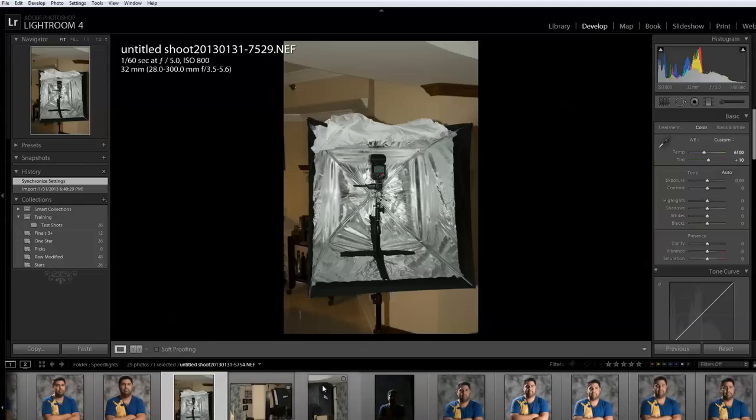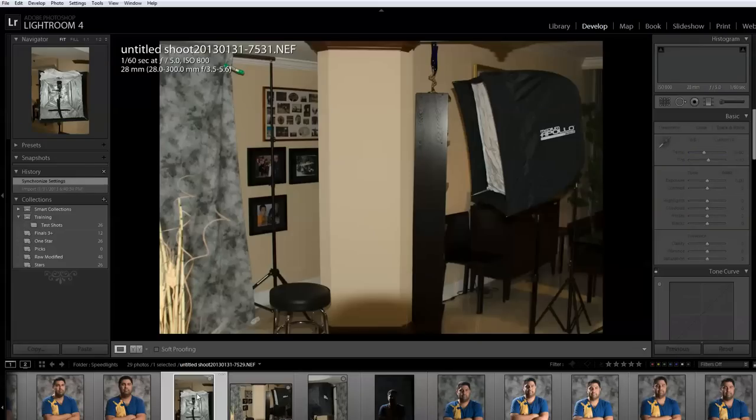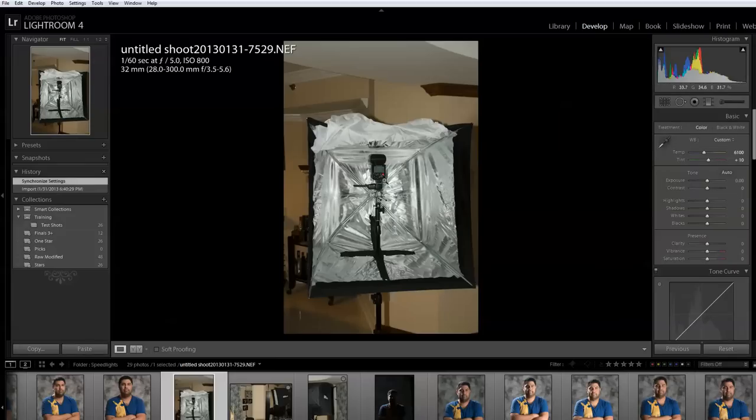I really love softboxes, and it's a matter of taste. I like that I can control the direction. But one thing, the reason why I was actually showing this picture was this particular softbox. What they recommend is that you bounce the flash, so you get more concentration of all the light. I've done it both ways, but when I do it frontal, I don't like to do it with one flash,